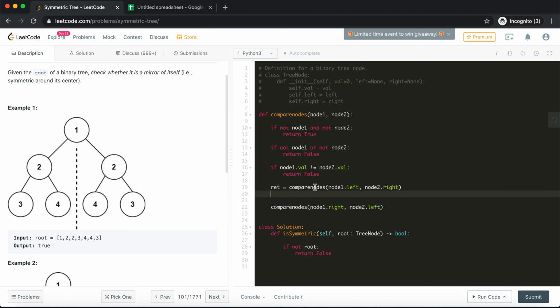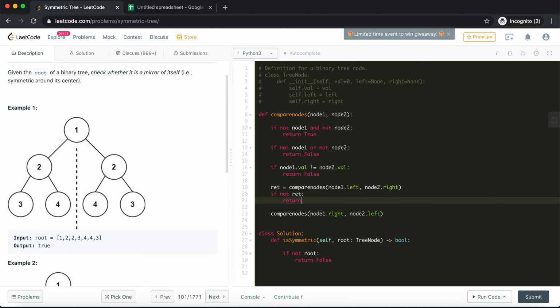Right. So I'll perform them one by one. First I'll compare these two. Now if by any chance this comparison returns false, in that case I know that the comparison has failed, so no need to go for the next, right?